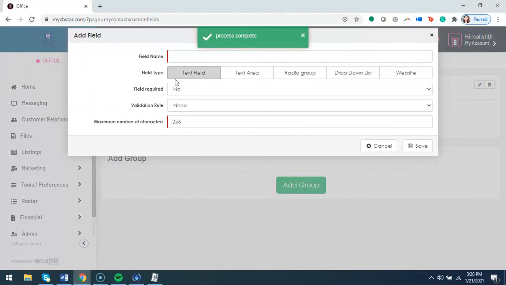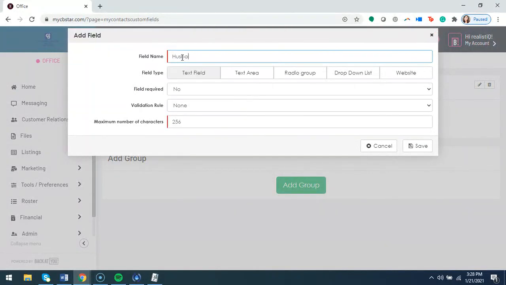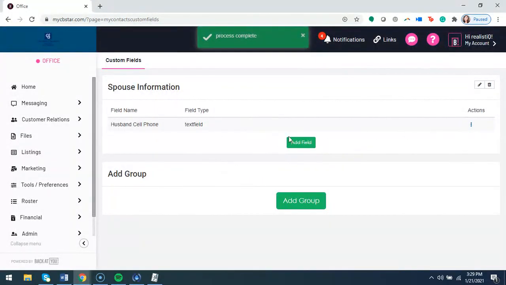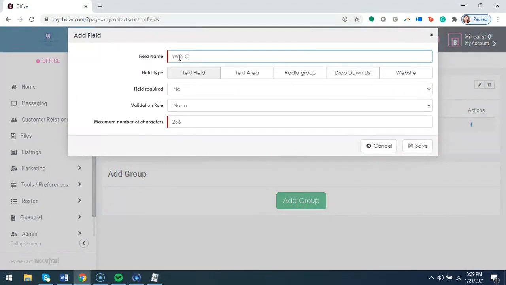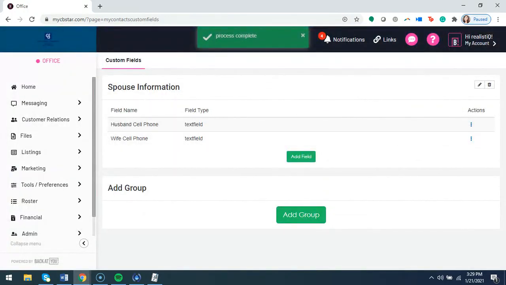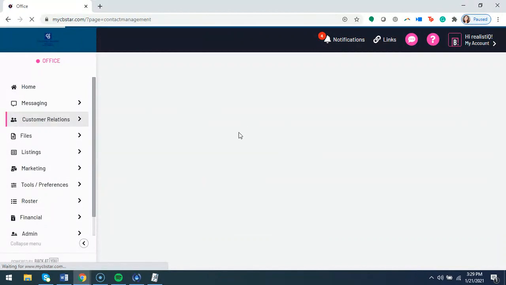I can name this field husband cell phone. And I can save that. If I want to add a field specifically to say wife cell phone, that way I can distinguish the two, I can do that. Now, when I go back into a contact,